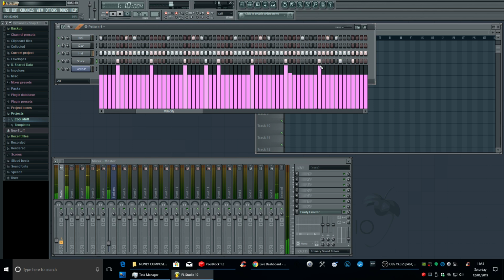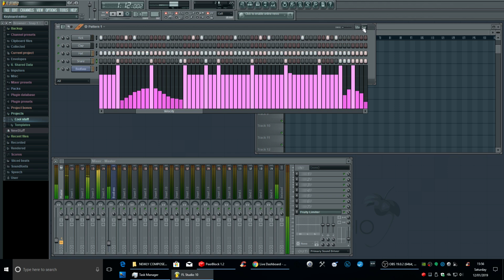Obviously if you want to put other beats in there, so you can change the entire, see how it changes. So then you don't have to do all that, obviously.